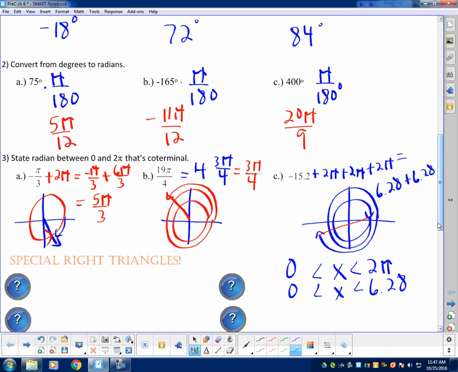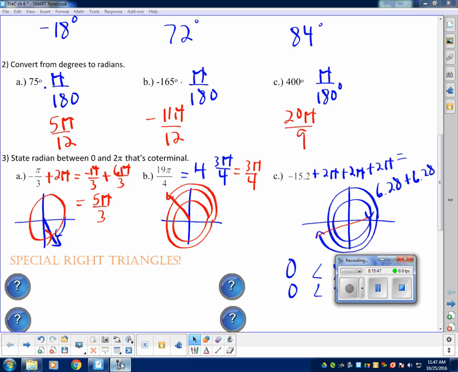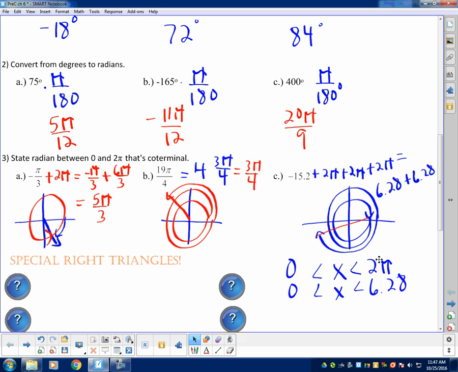19 point something or 18 point something or anything. Okay, go ahead and let's figure what this equals here. Just do negative 15.2 plus 6 plus 6 pi for me. What do you get? 3 point what? 3.65. Okay. That's it. Just keep adding or subtracting 2 pi's appropriately until you land with a number in between